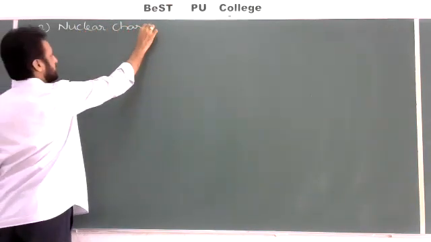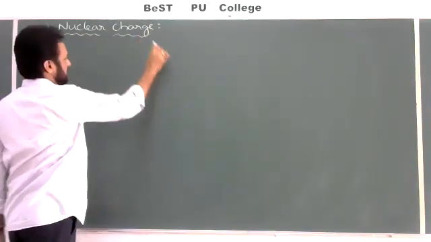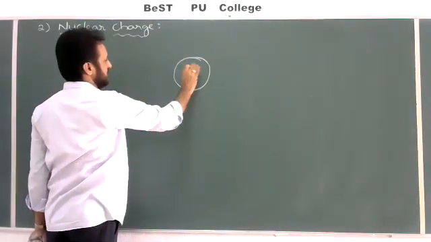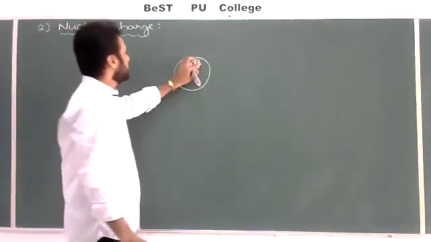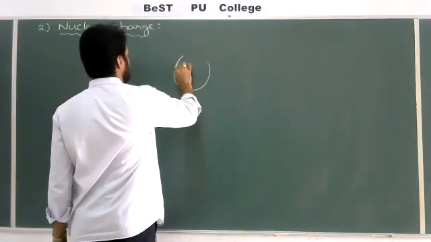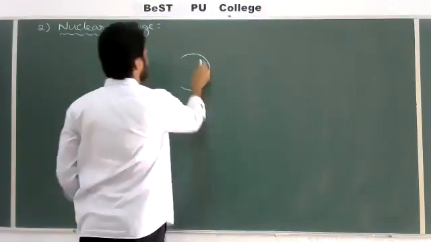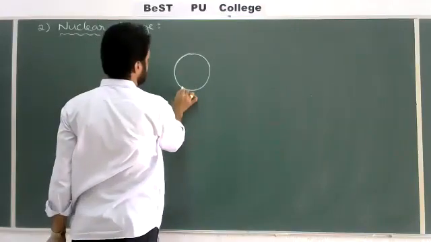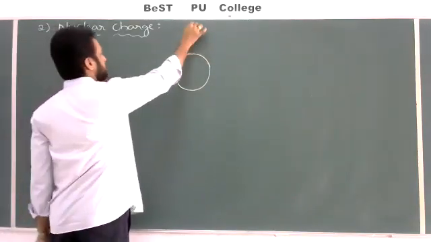Nuclear charge. So here I am choosing the nucleus. One thing you have to understand: the nucleus is not a mathematical point. The nucleus is a region. It also has particles like protons and neutrons present inside it. So the nucleus is not a mathematical point; it is a region having some size also. That you have to understand. So it is a nucleus I am choosing, and this will be the atom.